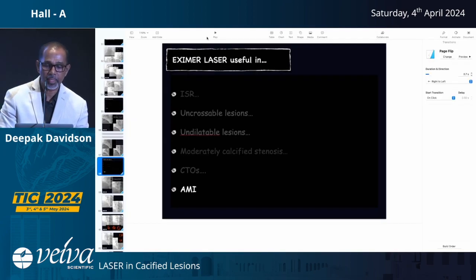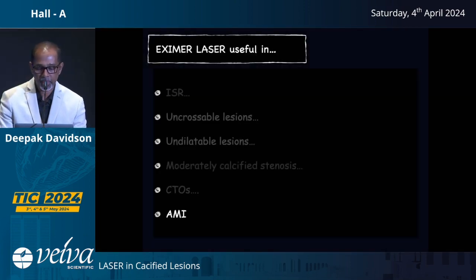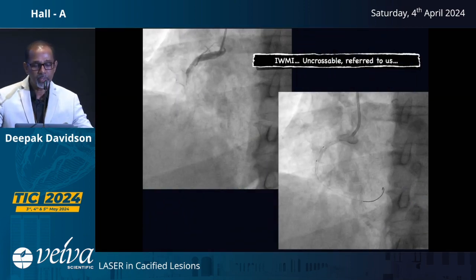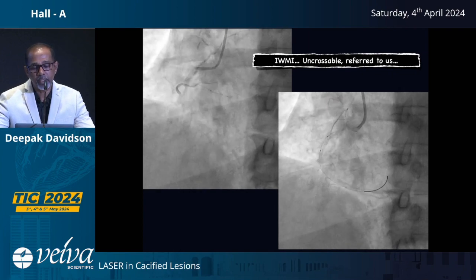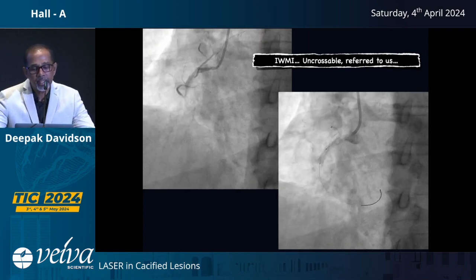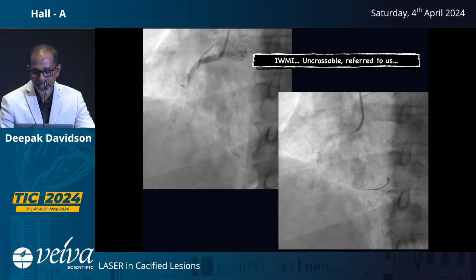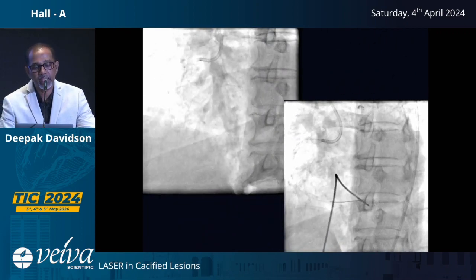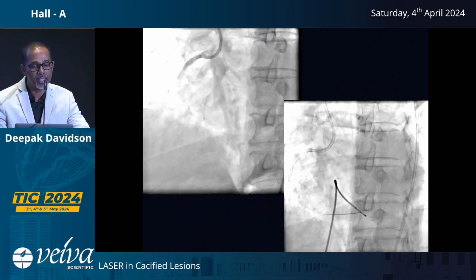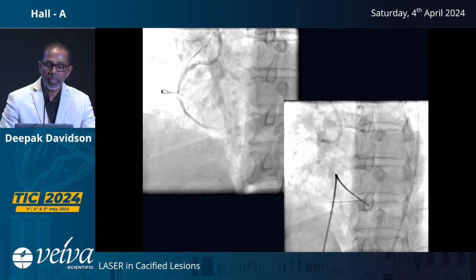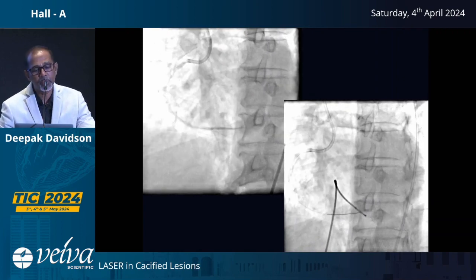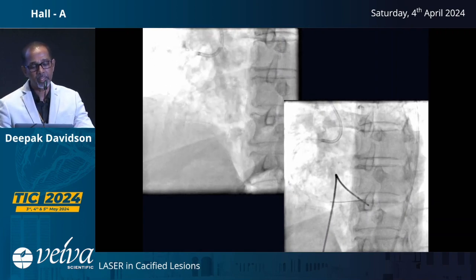A patient with acute myocardial infarction, which was managed in a nearby hospital, they were not able to get across the lesion. This was the right coronary artery which was totally occluded. They could not get across the lesion, which was a calcified lesion, and he was referred to us. You could see that it's a calcified right coronary artery. We were working with a 7 French guide catheter, and we initially thought that because it was uncrossable, we'll straight away try